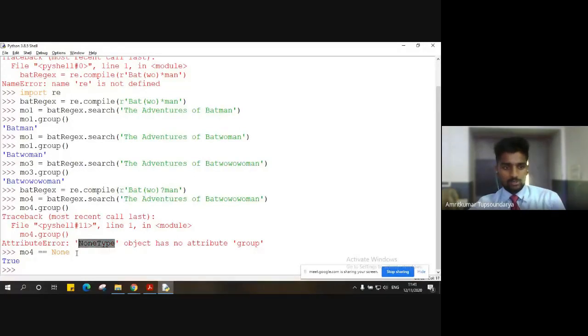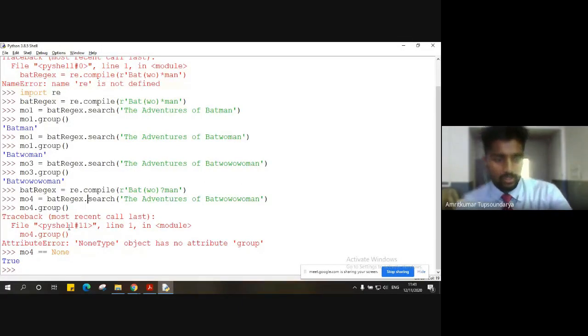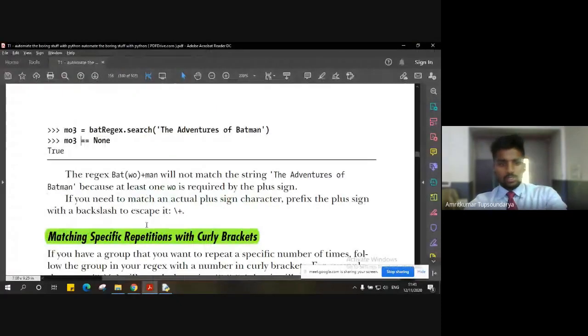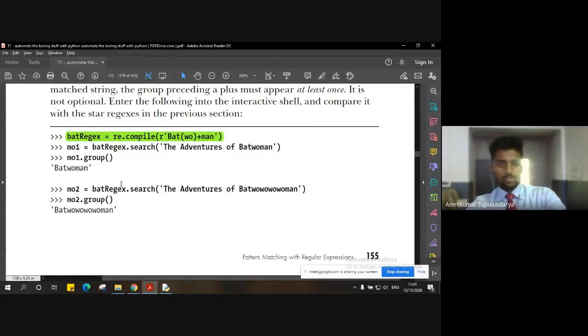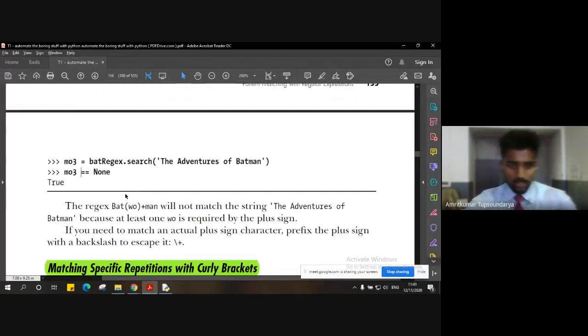That's why that error occurs. So just to check whether it actually contains the null value, I have just compared it with null and it returns true. That means MO4 in this case has a null value, right? So this was all about matching one or more instances in a regular expression.